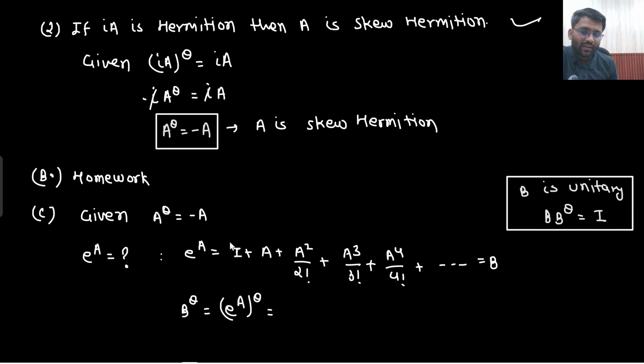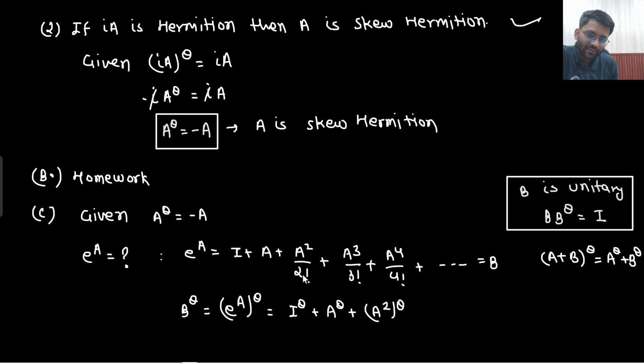Understandable? So what I am doing? I am simply taking theta here, nothing else. Is that clear to you? Like this expansion, and I am simply taking theta. So do you remember this property, (A plus B) theta could be written as A theta plus B theta? This property we have written, no? Right? So if I am taking theta here, it could be written as I theta plus A theta,